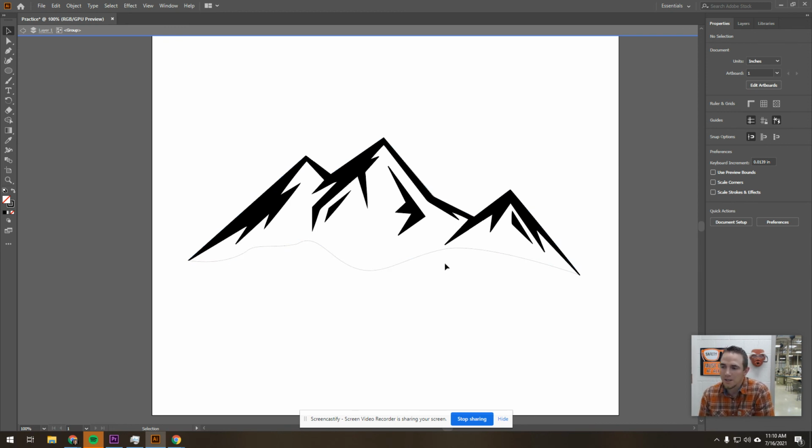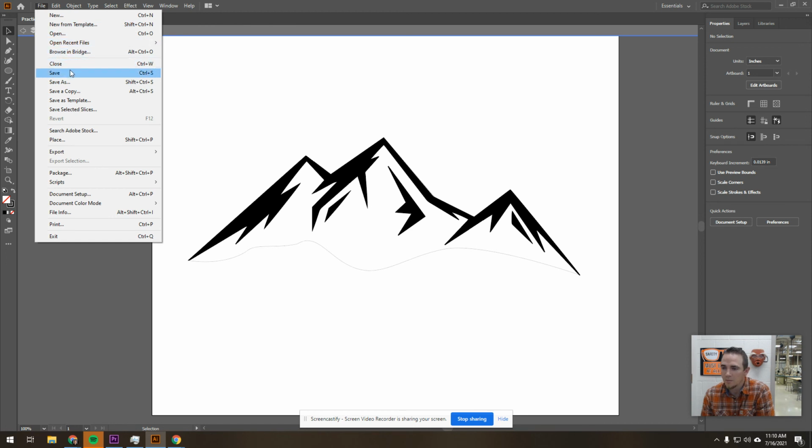And that's just a basic overview of the pen tool. If you want to learn how to use the pen tool better, then there are other resources out there that are much more comprehensive. So once you're done and you're ready, you can save this file. If you want to come back and edit it later, just click Save, which I would recommend doing. If you're done